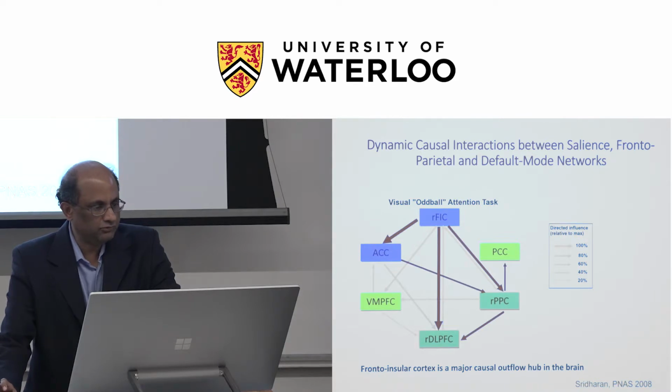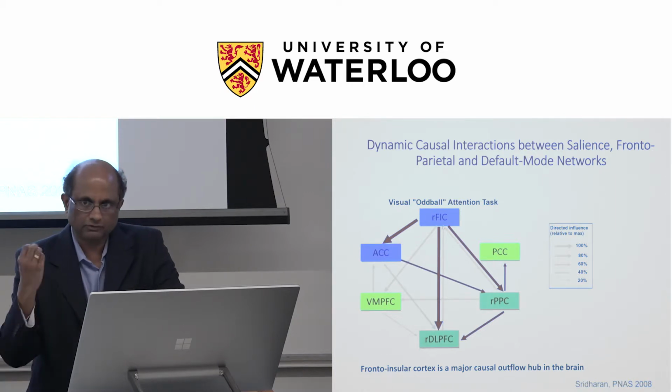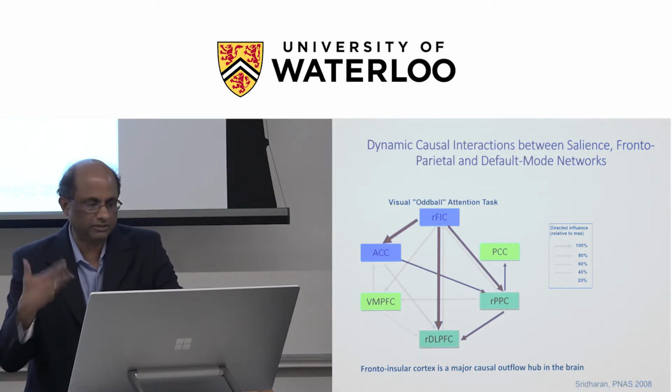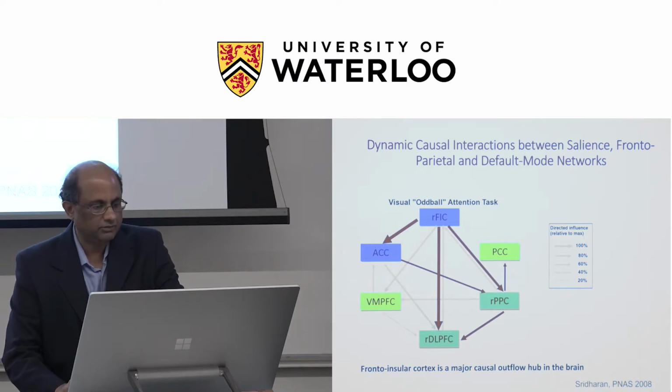So we took two nodes, two canonical nodes from each network. So here are the salience network nodes, and these are the default mode network nodes in yellow, and these two nodes from the lateral frontoparietal cortex, frontoparietal network. And what we saw was that there was a very strong causal drive. This is done through Granger causal analysis, but we have other methods that have really tried to tackle this much more rigorously mathematically. You see this kind of very strong causal drive from the anterior insula. So this gave us the first hint that the system is actually capturing something related to attention